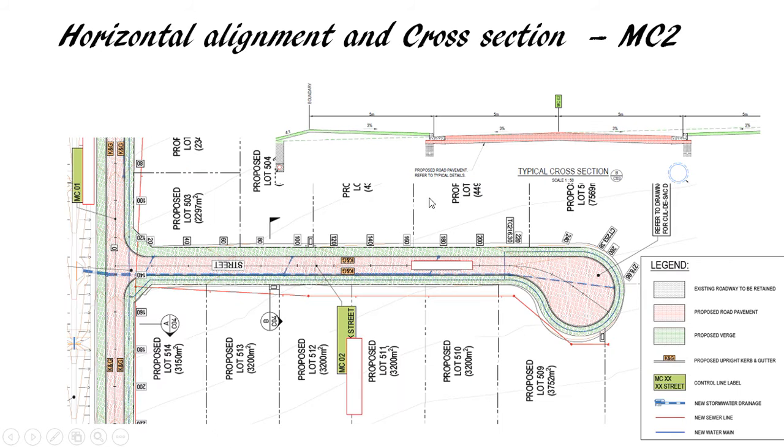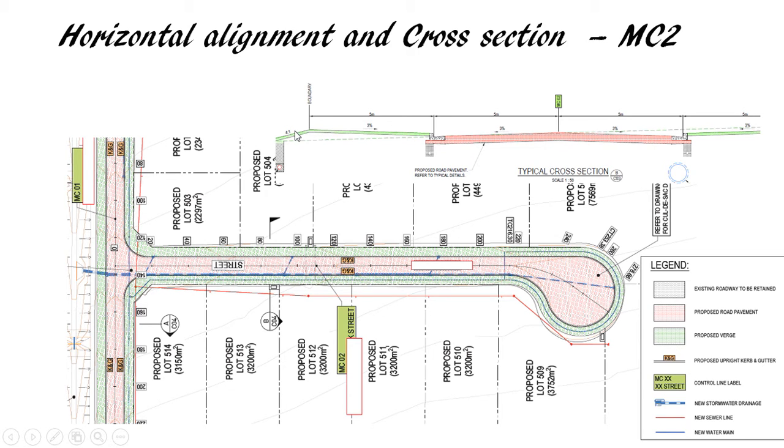Similarly, I have rotated the slide. This is MC2. You can see the 20 meters, zero starts from the center line of MC1. There is a point where MC2 and MC1 both intersect here, which is 0 meter. All the way the chainage goes to 276.66 meter. Similar to MC1, the MC2 cross section is 3% cross fall draining into the proposed curb and gutter,